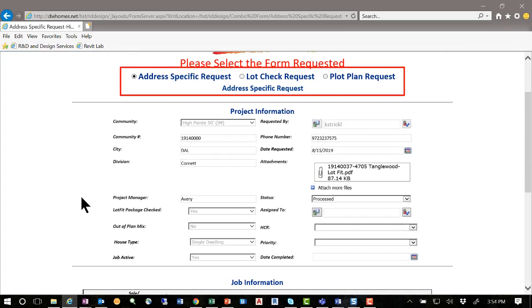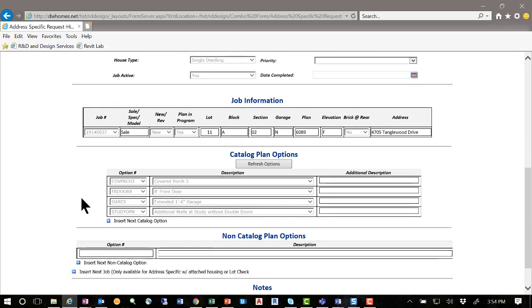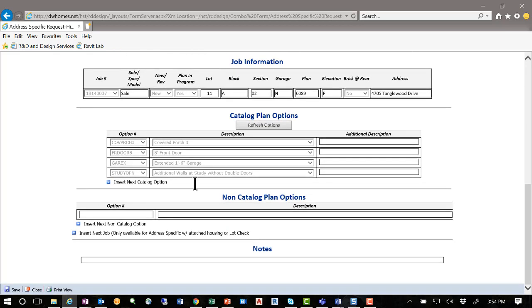The plot plan is very similar to this, however provides a specific plan for locating that home on the site. The address specific request is used to generate the request for the plan to be drawn with the correct structural options, swing, and lot information. Today, these fields must be copied from the sales system. However, based on the job number, all of this information could automatically be inputted into this very quickly from SQL